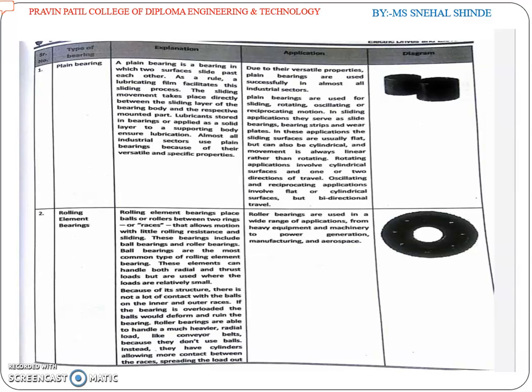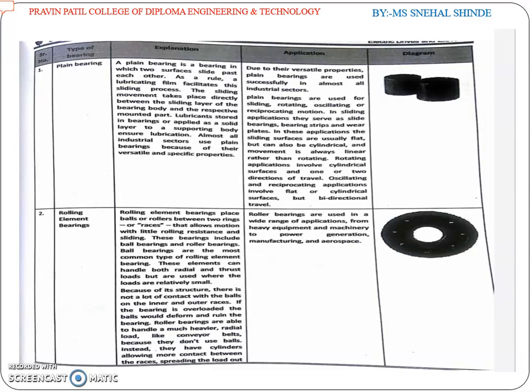Second is the rolling element bearings. Rolling element bearings place balls or rollers between two rings or races that allow motion with little rolling resistance and sliding. These bearings include ball bearings and roller bearings. Ball bearings are the most common type of rolling element bearing. They can handle both radial and thrust loads but are used where the loads are relatively small because of